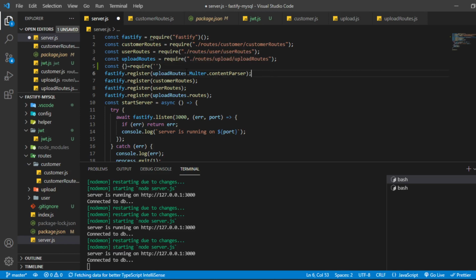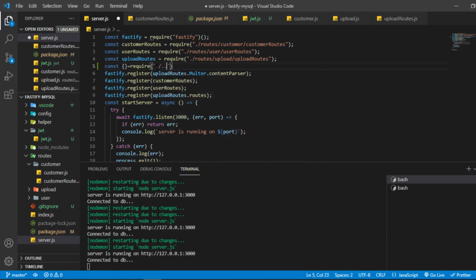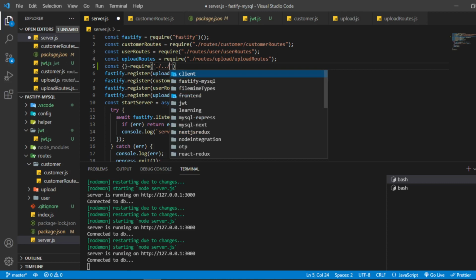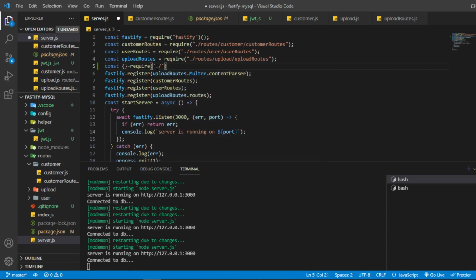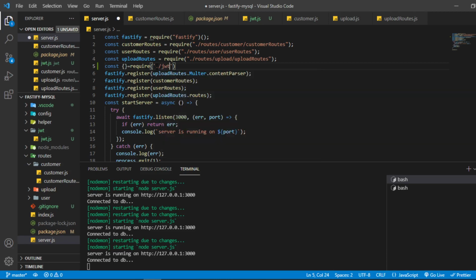If I give it like this, helper and then jwt, right? Sorry guys, something was going on in my mind and I wasn't focusing. It is there, but I just couldn't see it. And then we want jwt dot, yes, okay.